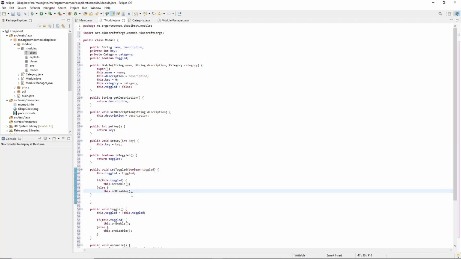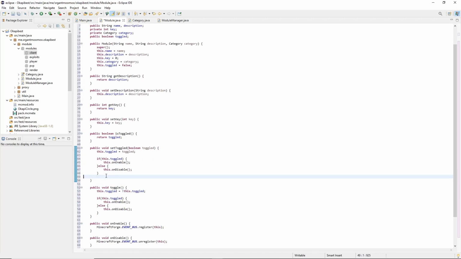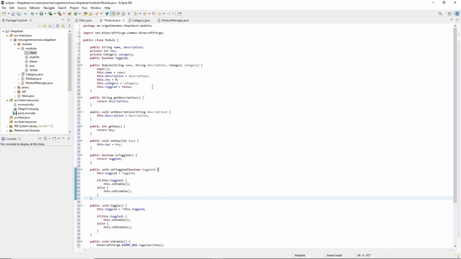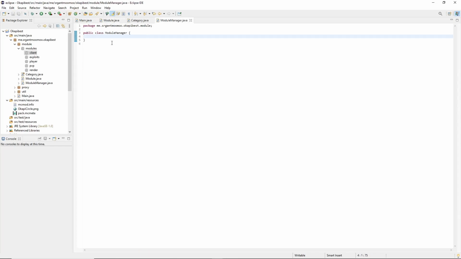Okay then. Okay, that's good. Okay, yeah, so that should basically be good. We're just gonna Control Shift S, and I think that's fine for our module. Alright, so now we can just go into our module manager,